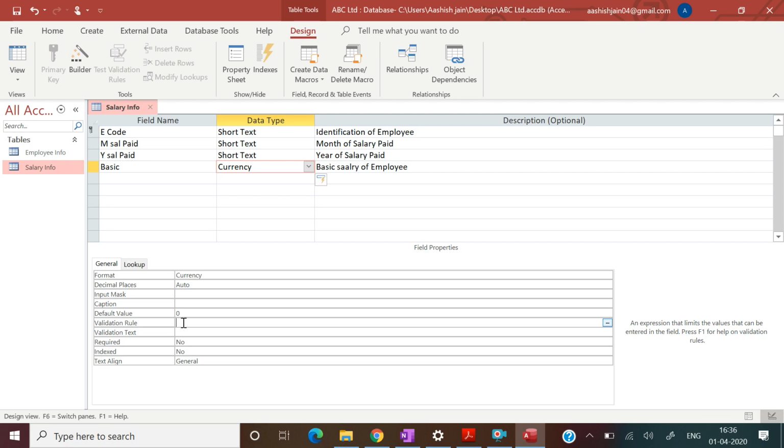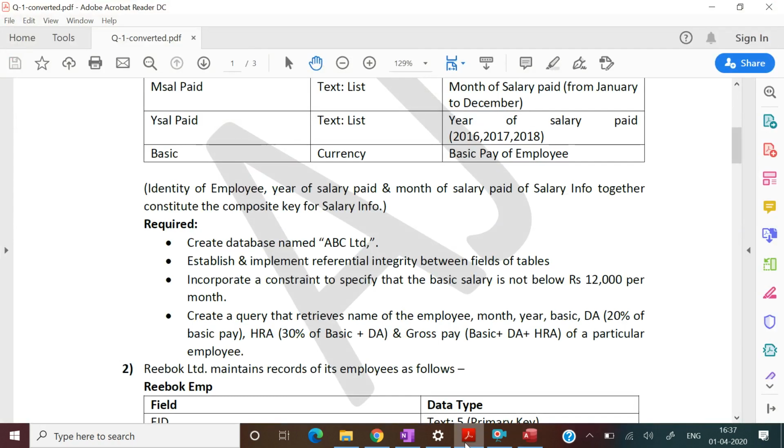Okay, so that means it is more than or equal to 12,000. Okay, so here you can write basic should not be less than 12,000. Okay, yes.